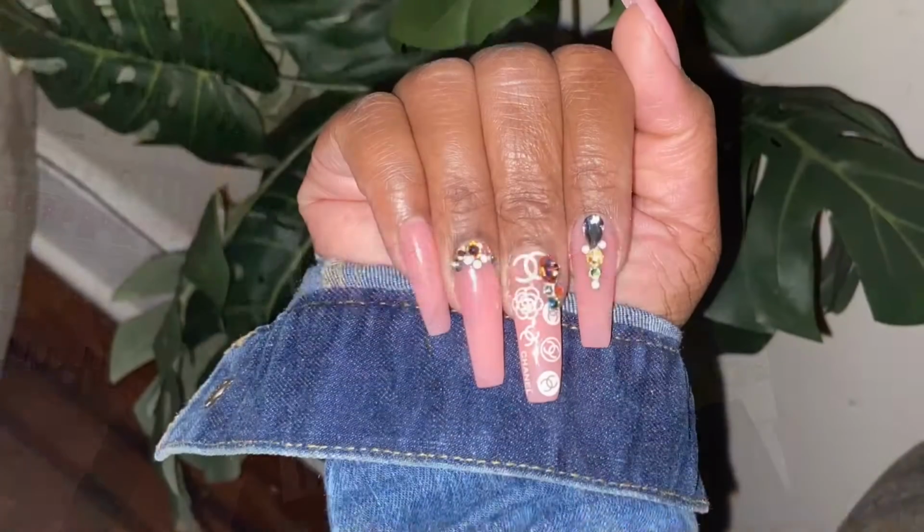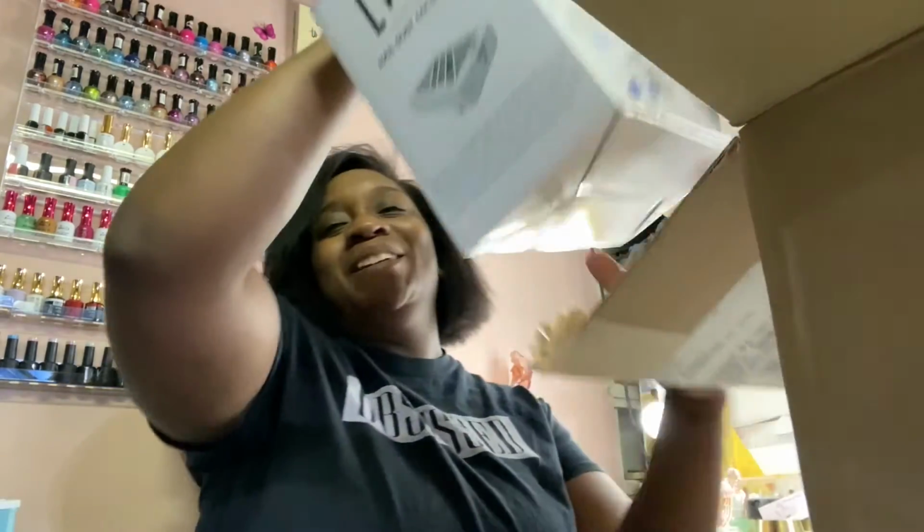And then this is Cover Flamingo, the one I'm super excited about. I'll probably be doing my nails with that. And our last one is Speed Bubblegum. And last but not least,